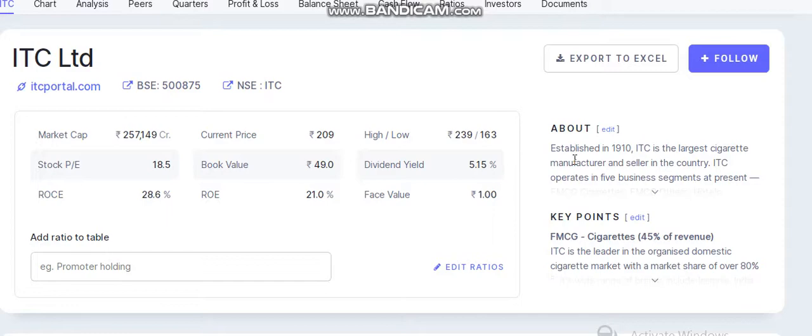Today we'll discuss one case study, ITC Limited. Before investing in any stock, we have to know how the company is performing and how it has performed in past years, and then decide whether we can invest or not. So for that, today I'm practically showing how it works. Today I took ITC Limited. So how can we analyze this, how can we check whether the company's stock is good or not, and whether we can invest or not. Let us start.